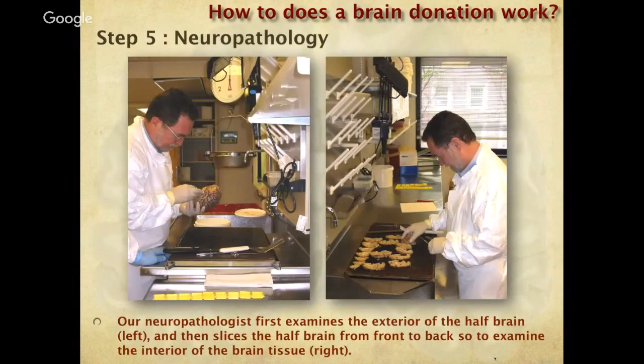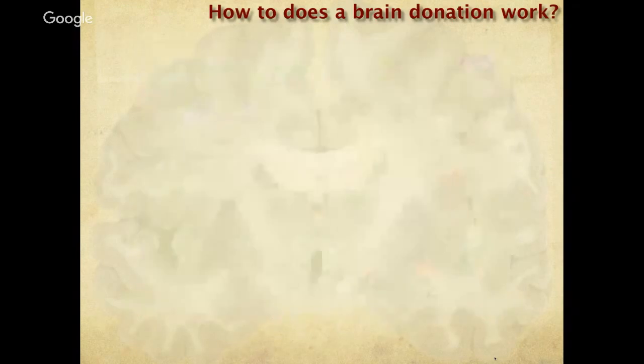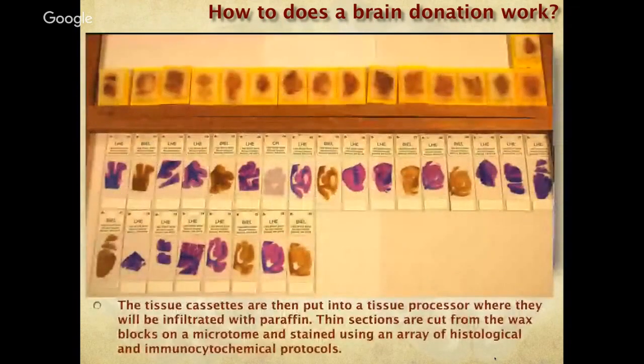Our neuropathologist, Dr. Hedrin, will examine the hemisphere that was fixed, first the exterior of the half brain, in this case the left, and then slice it from back to front in order to examine the interior of the brain. A photo you see on the right. Samples will be taken from 15 different brain areas, sometimes more if it is necessary for the pathology report, and they will be embedded in paraffin, sliced, and then eventually stained with an array of histological and immunocytochemical protocols. And you see examples here, as well as